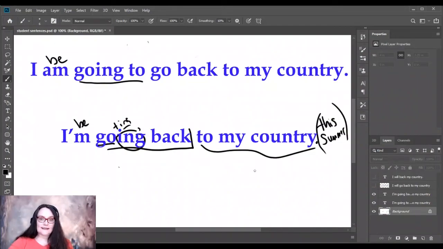Present continuous is used for present, but in this situation, we're talking about plans for the future that I have already made at the time of the conversation. So it is present. The future action is related to the present because I have made the plans at the moment that I am telling the student of my plans. So I am going back to my country is currently my plan for the future.